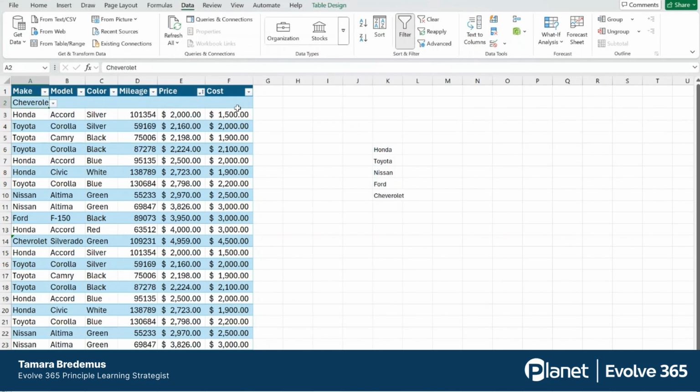So that's how you create a searchable dropdown in Excel. It's great if you have a large list of options that you want your users to choose from. It'll really speed up the